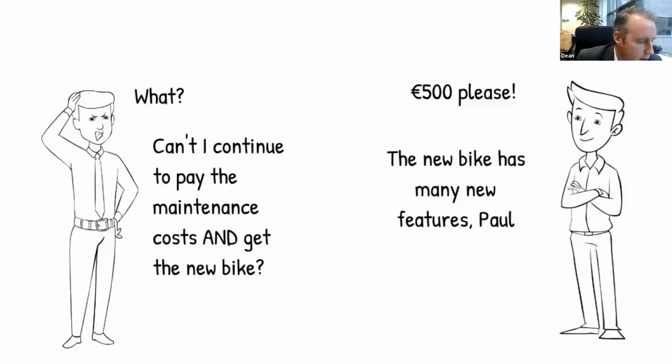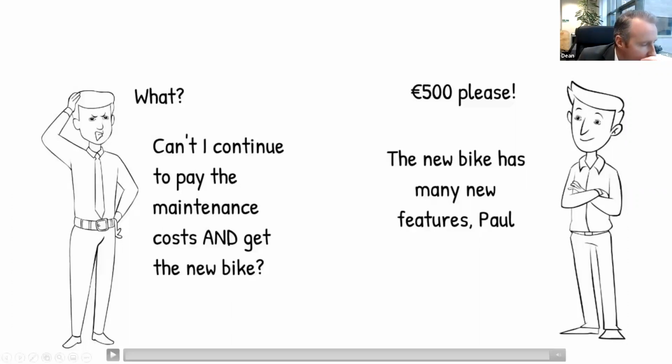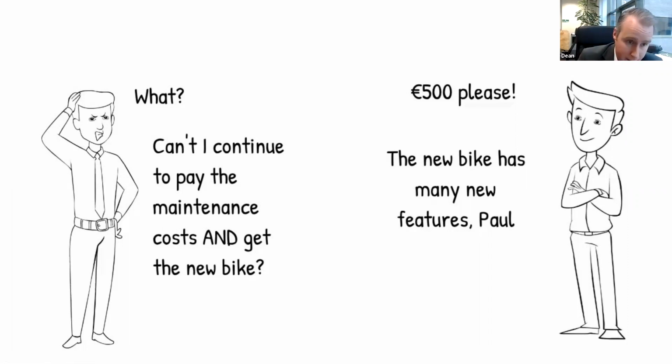Okay, that final presentation there, what the emphasis was really to demonstrate a material breach where Paul allowed Tim, his brother, to use the bike, which would have been a breach of the licensing, and really just to demonstrate that with perpetual licensing, you can be caught by surprise when you want to upgrade to the latest editions, because the software vendors are not going to make that easy on you. And as I explained, it's not just a case of switching over. There'll be a large payment involved. In the case of Paul here, it was €500.